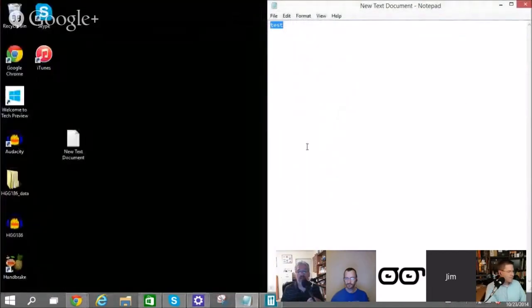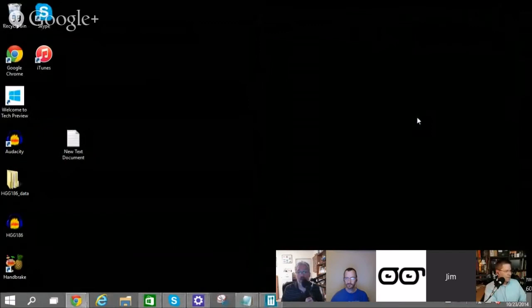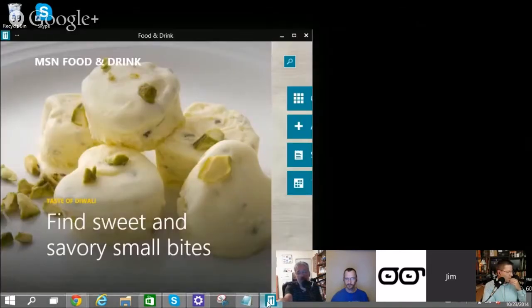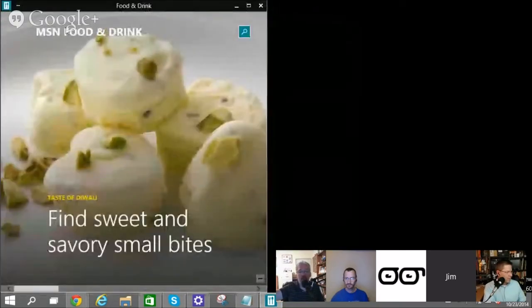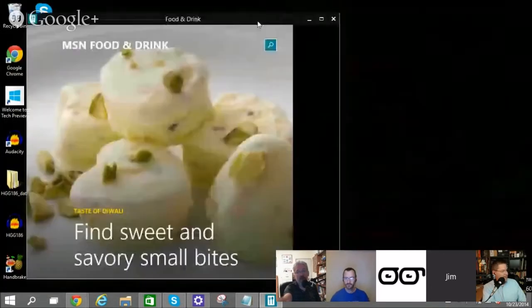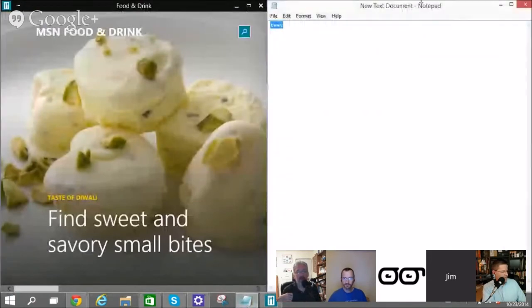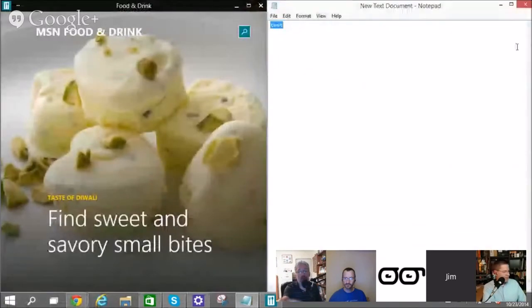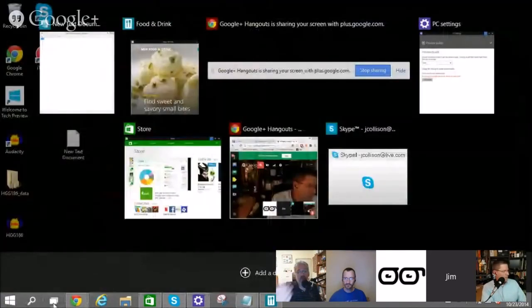If you minimize everything, you could have still done that on the taskbar as well. That old function's still there for right-click, minimize all, or show. Oh yeah, or back here too. But if you pull up one of those modern apps, like the food and drink one, and you grab the title bar and drag that to one side of the window, and let it go. Why didn't it pop up the... Normally what it was doing is it will pop up on the other side the rest of your apps to give you a choice for snapping them. I don't know why yours isn't doing that. But yeah, what will happen is if you grab, it will automatically pop up everything else that's open and let you choose what you want to share.